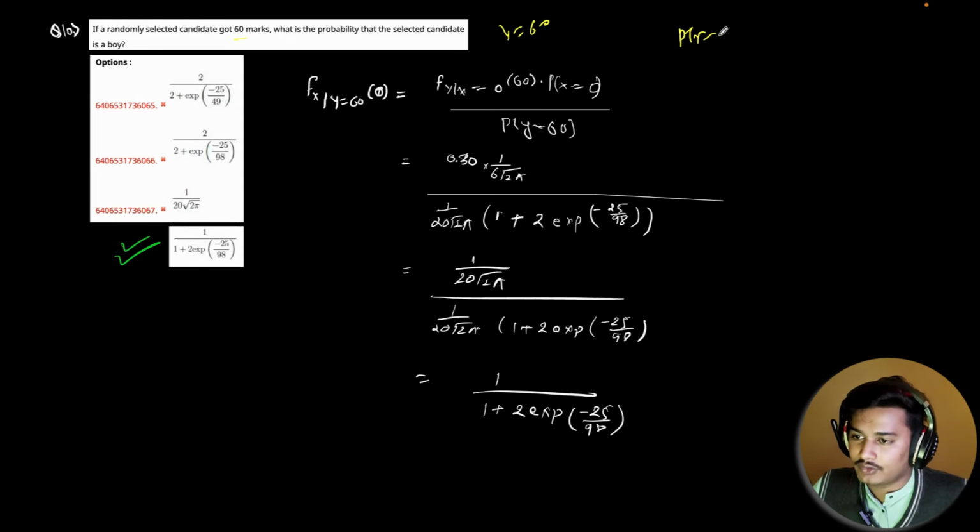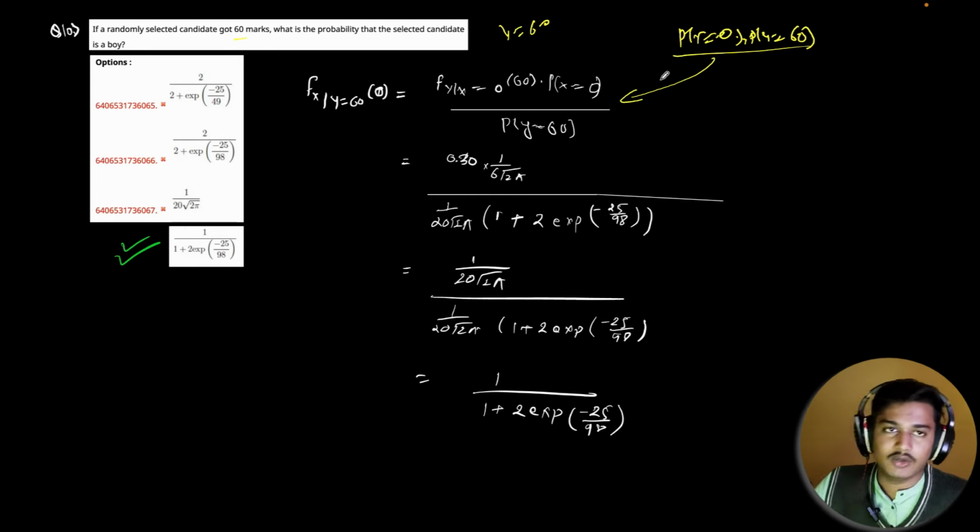P of x equals 0, comma, p of y equals 60. And similarly we have changed this. You have studied these theorems in week 8, I guess. Not week 8, I guess week 5 or 6, this one. Now